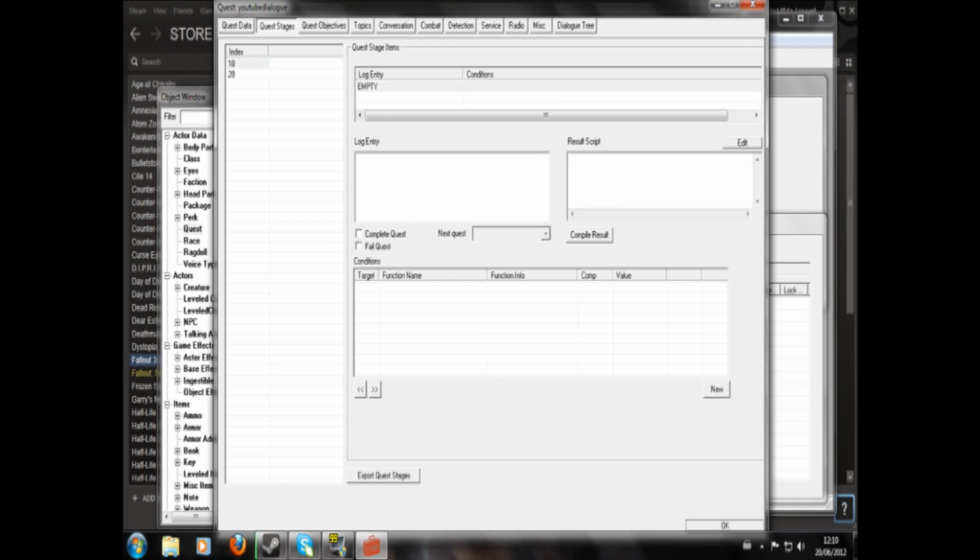So what I'm going to type in this results script box now is set objective displayed YouTube dialogue 10.1. You click compile results, and if there's no mistakes, it'll just sit there like that. What set objective displayed does is display the objectives, which at the moment there aren't any. This here is your quest ID, YouTube dialogue, you can see it at the top here. 10 is stage 10, and 1,